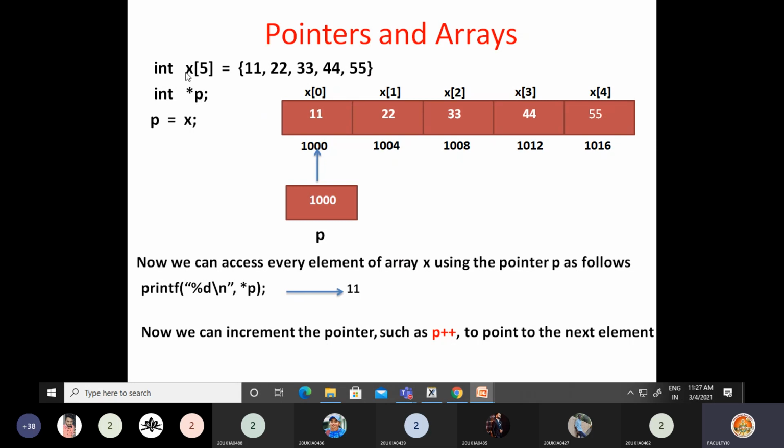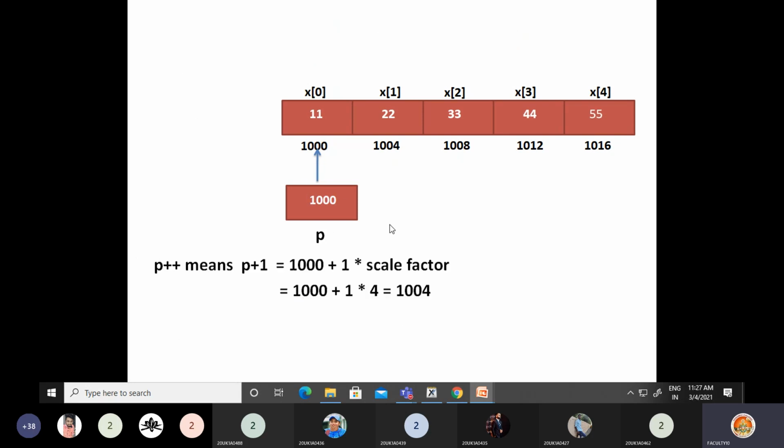Okay, so had it been char here, then the scale factor becomes 1 because a character occupies 1 byte. Okay, so 1000 plus 1 star scale factor, and the scale factor is 4 here. So 1 into 4 is 4, plus 1000, 1004. That's how p now goes to the next element.